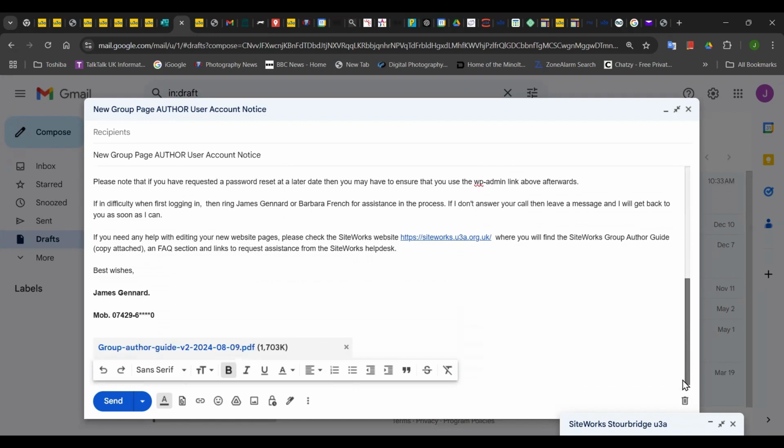And attached to the email will be a group author guide as well for you to read and study to help you do some work. Now, if we go back to where we started here,